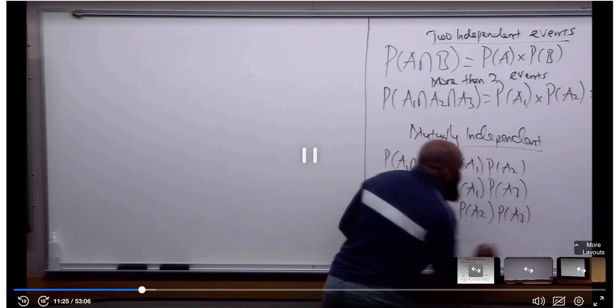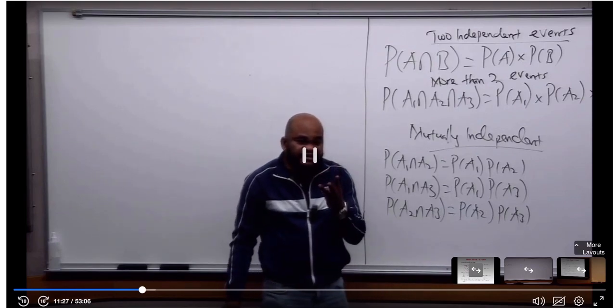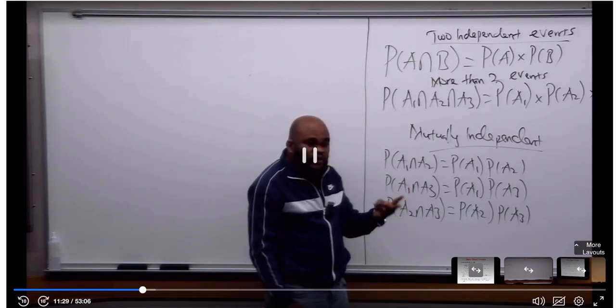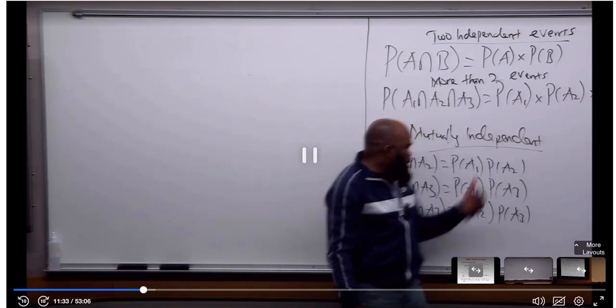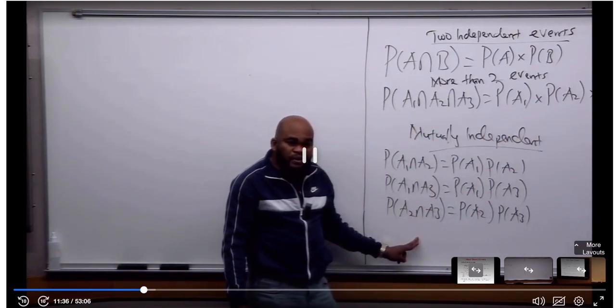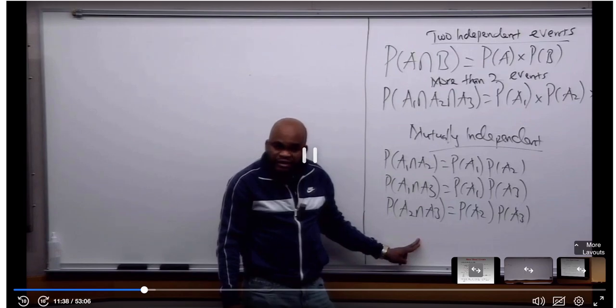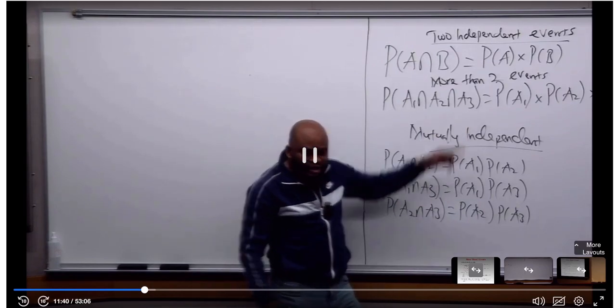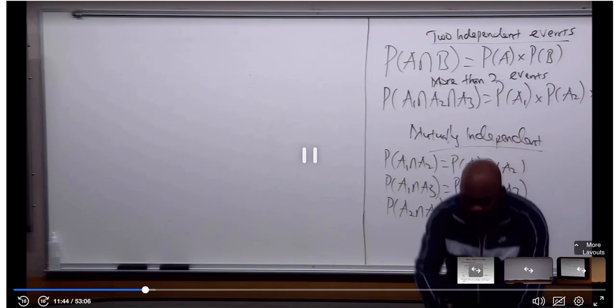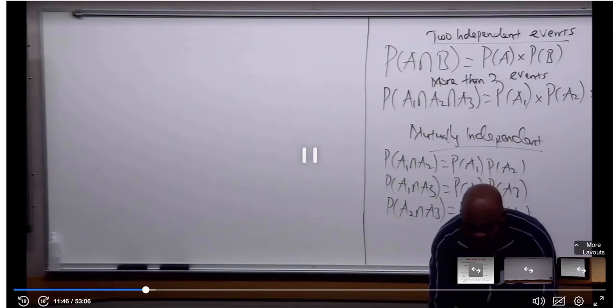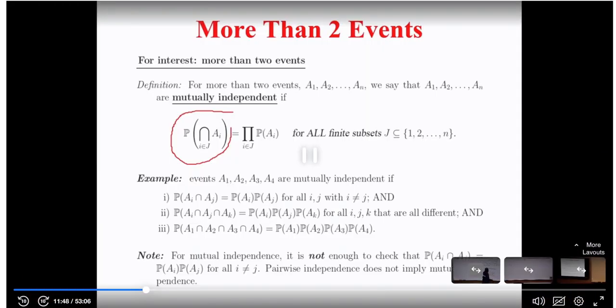Now, when I have three events, right? Okay, for them to be mutually independent, this must hold and this must also hold. In pairwise, this has to hold, and this has to hold. Now, if I want to generalize, okay, when you take a look at this guy now,